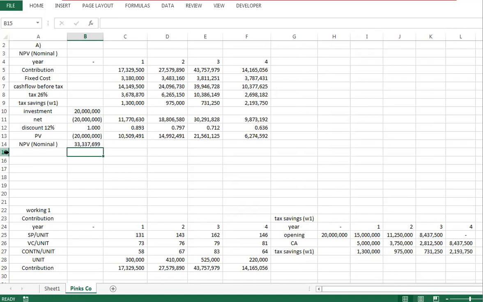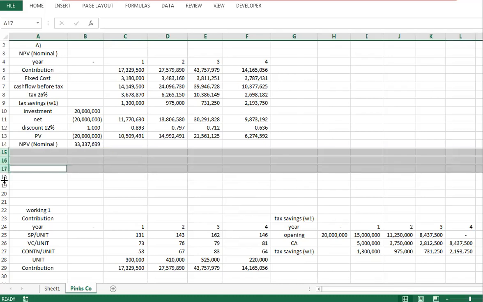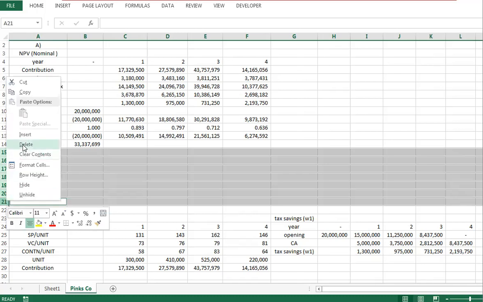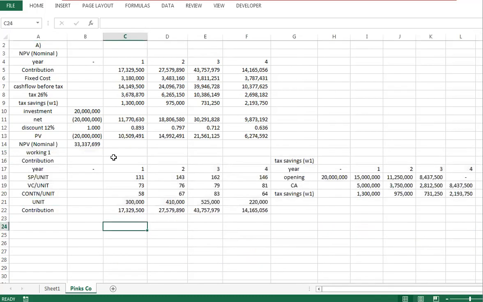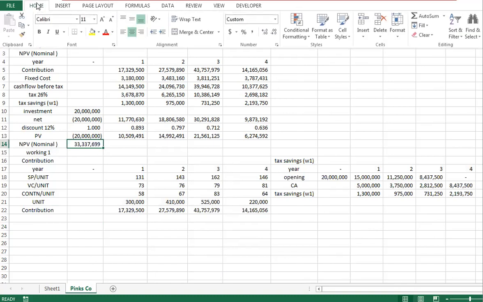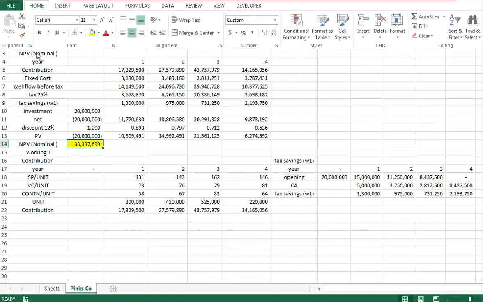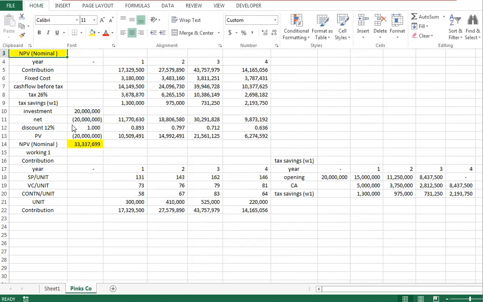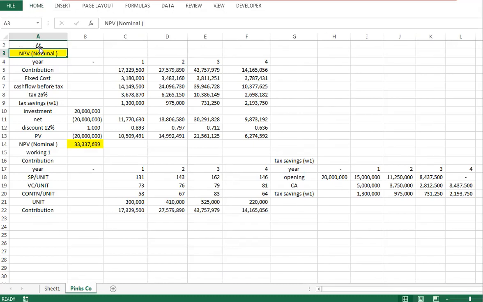Okay, so that's how we did it for the nominal term approach. These extra cells, I don't need it. I'm going to delete this, right, so that you can see everything clearly. So this is the answer for part A, which is the nominal term approach, NPV using the nominal term approach, part A1, right? And then part A2 is again net present value